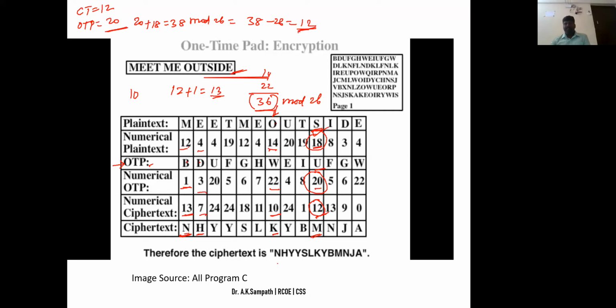So by the way, you can do both the encryption as well as decryption. Is it clear how you will get the decryption in case you get negative values? So 12 minus 20, I'll get minus 8. In that case, minus 8 plus 26, I'll get 18. Whenever you are getting a negative result, always add 26, and you will get the result, which is 18. So 18 is mapped to the character S. I hope this is clear for you.